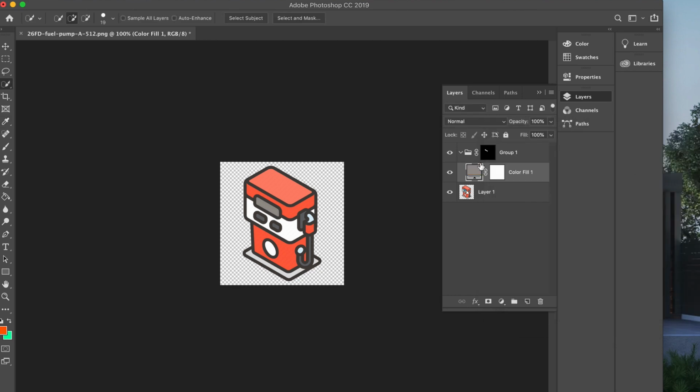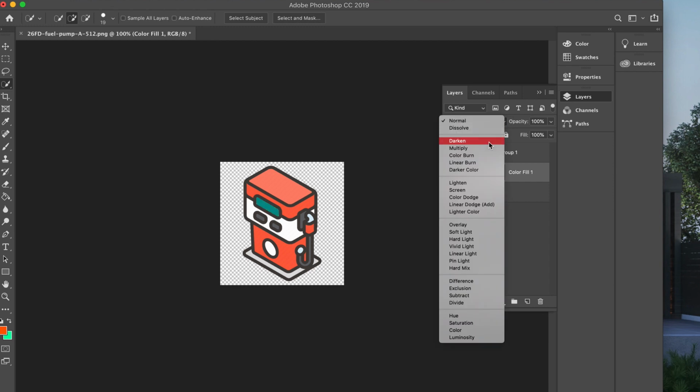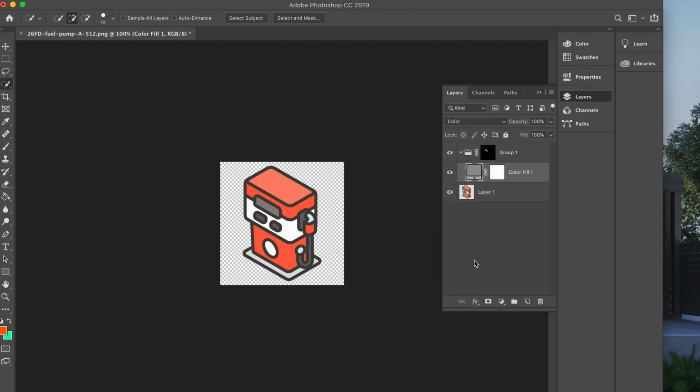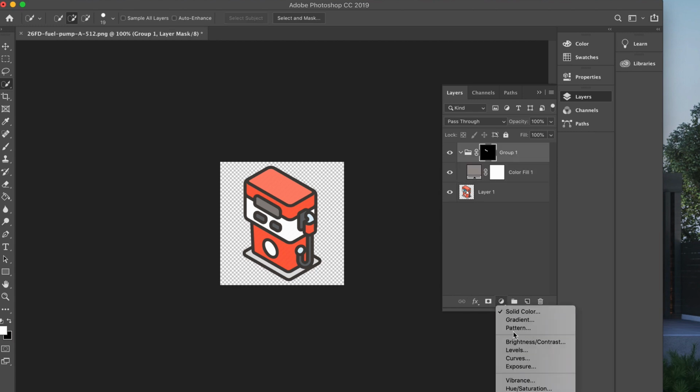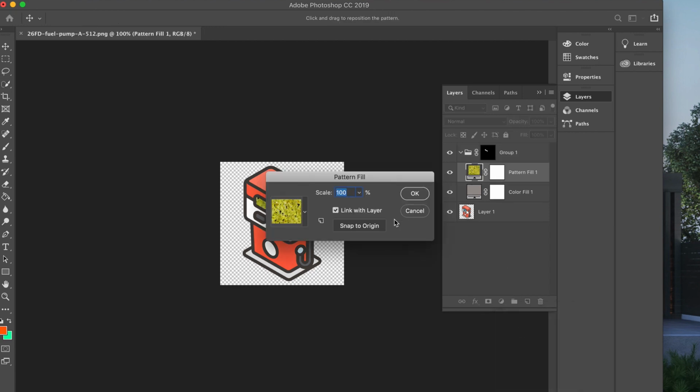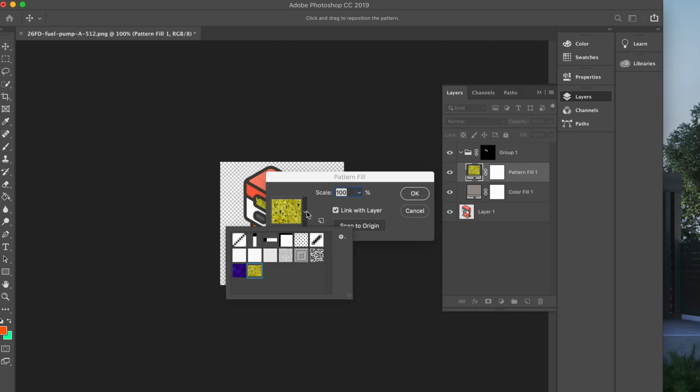So you can change the color from normal. You should choose color mainly, and you can add to this group brightness. You can add whatever you want